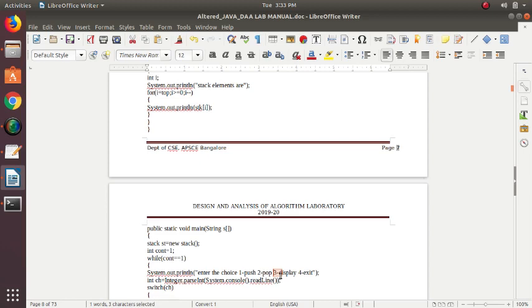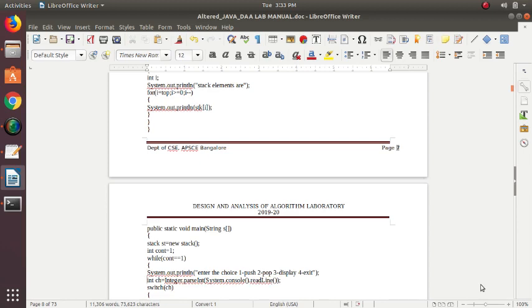Or if you want to exit from the program execution, you can press 4. Each time the input will be read by the Integer.parseInt function, which converts it into an integer, and it will be stored in a variable called ch, which is again an int.